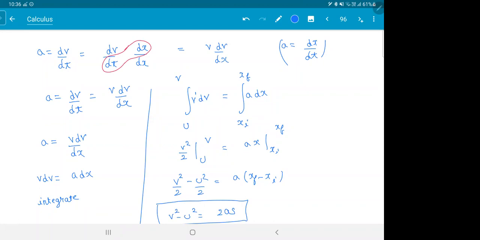So this is how all the three equations are derived. That is the reason, remember, we say use these equations only if a is constant. Because you derived all these when a is constant. If a is not constant, you won't get this. Now, if you see as such, integration was quite easy. It is only the x power n integration. So you should just know what the formulas are for acceleration, velocity, limits, and all.